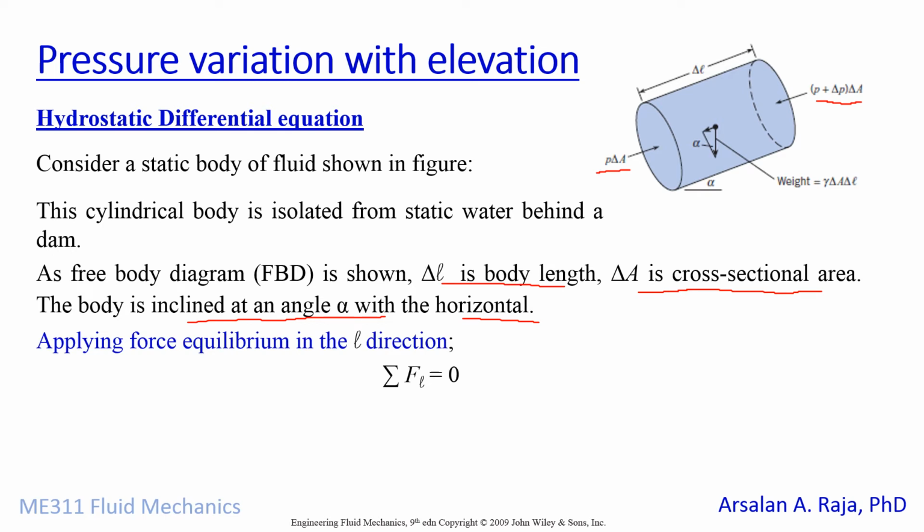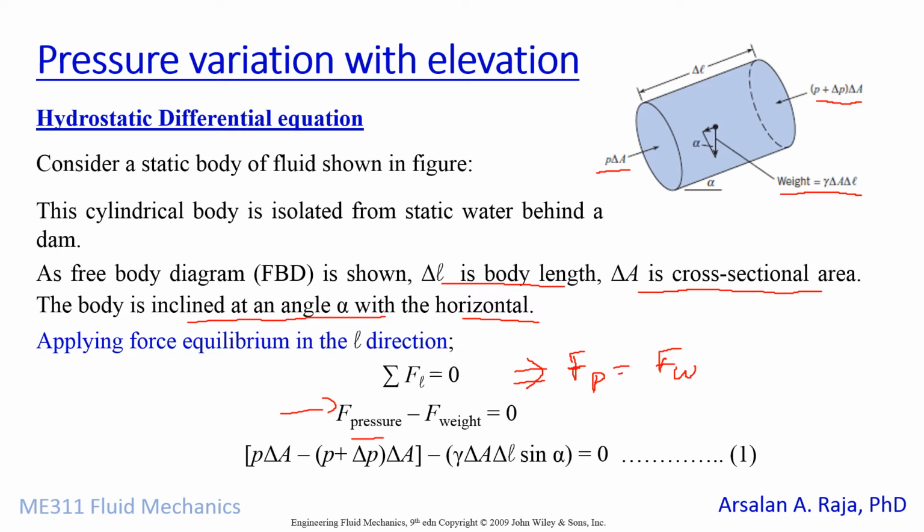So if we apply the force equilibrium in the L direction, we will say that the summation of all the forces will be equal to 0. One will be the pressure force on this cylindrical body, and the other will be the weight force. So let's put them all together. The pressure forces are equal to the weight forces, and then you bring them to the opposite side of the equation, and the equation goes like this. Then insert the values for the pressure force and the weight force,